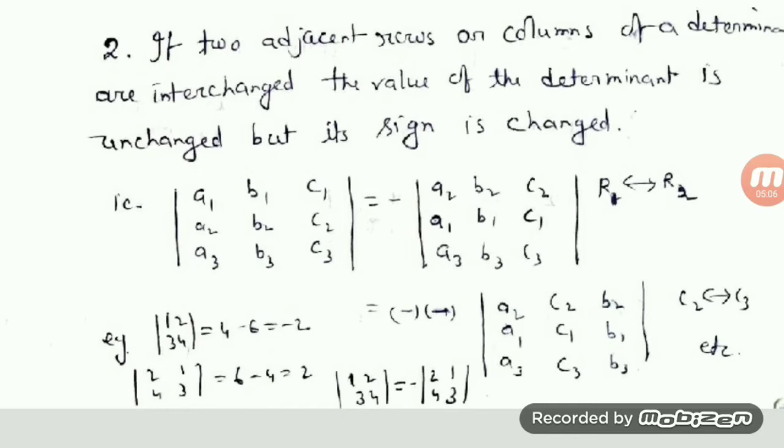Okay, you can use it like this. Suppose we are taking a determinant a1 b1 c1, a2 b2 c2, and a3 b3 c3. Suppose I am changing here row 1 and row 2. This is your first row, this is your second row. First row takes the position of row 2 and row 2 takes the position of row 1. That means this a2 b2 c2 will be in the first row, a1 b1 c1 will be the second row. Third row, keep it as it is. Then here this is positive, so you have to give a negative sign.